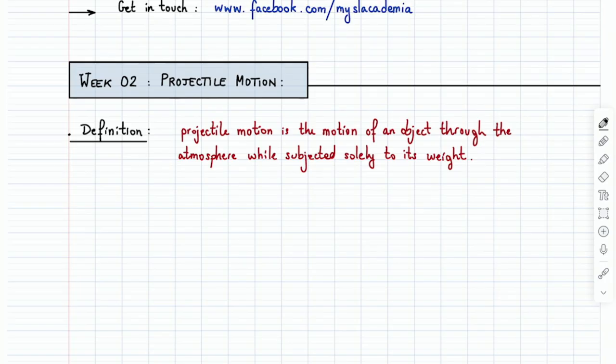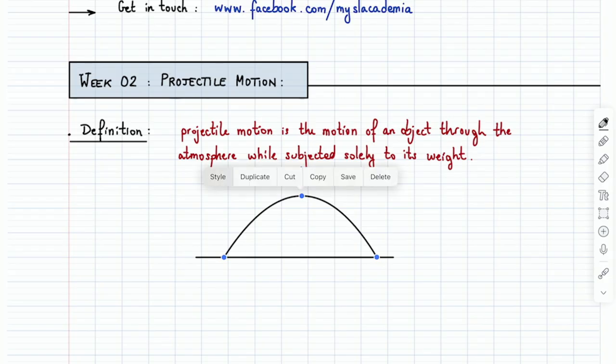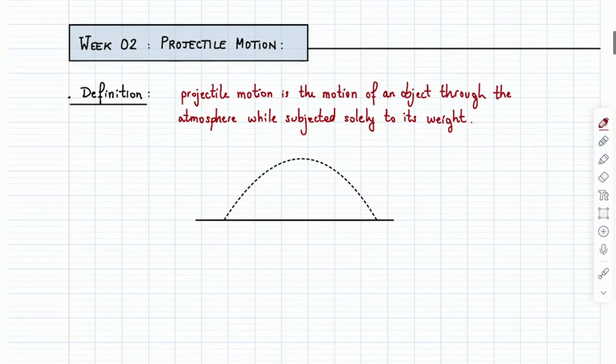Now what that means is that, for now, it's actually a terrible definition. I don't think we could have come up with a worse definition for week 2, because as it is, we don't know what forces are. So it's not a very good definition to go ahead and introduce force when we've never talked about forces and we can't define them and really don't know what's going on. So I do this because, of course, it is the formal definition, and the goal is that when you come back to see this video later, after you've learned about forces, or when you're reviewing for the midterm, then you have a definition that will make sense, and it will help you identify when you do or do not have projectile motion.